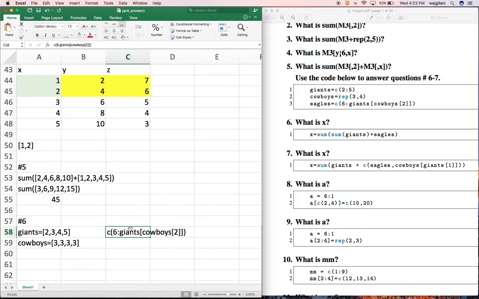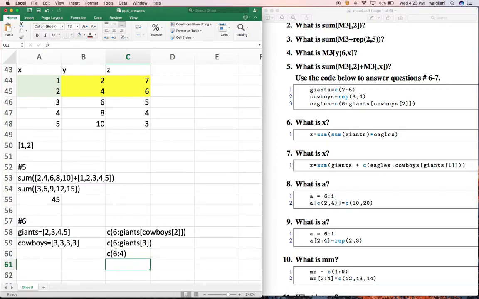And I'm going to go ahead and do that. Simplify it right in front of you. So this becomes 3. All right. Now we take the next data container inside. The next data container inside is right there, is Giants. And this is going to be Giants of 3. What's Giants of 3? 1, 2, 3. It's 4. So now this becomes